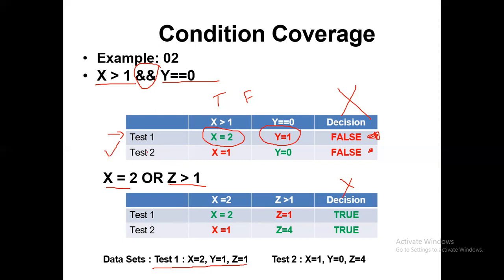But the point is, if one is selected to use the values of test 2, then test 1 we don't need to do, because in the condition coverage we only consider getting the true and false at least once for our sub conditions or the atomic conditions, right? So likewise, the same is repeated for our second decision, right?